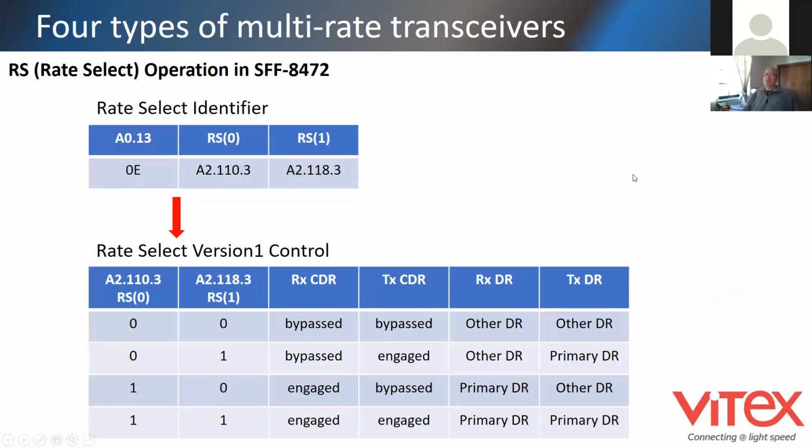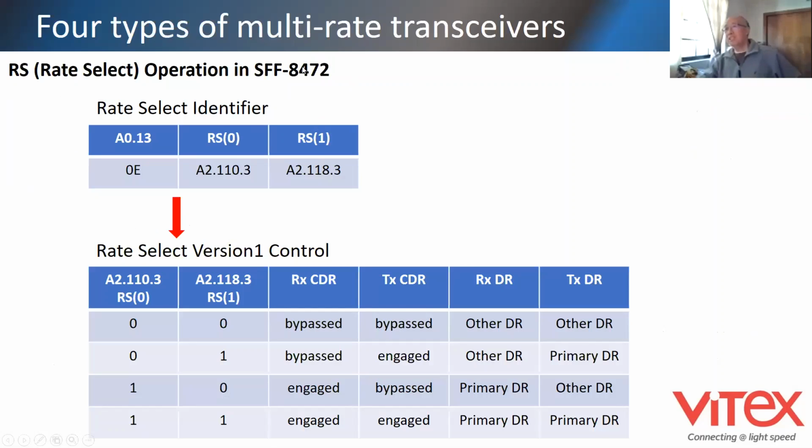Okay. The last slides I want to talk about are closer to the user point of view. There are two standards, and that's why it's a bit confusing for some customers changing the rate. The first one is the old MSA, SFF-8472. In the old way of doing it, first of all, you have to make sure the transceiver has the rate select identifier compliance, which means it supports the rate select. Then you go to the lower table, byte 13, and if it's OE